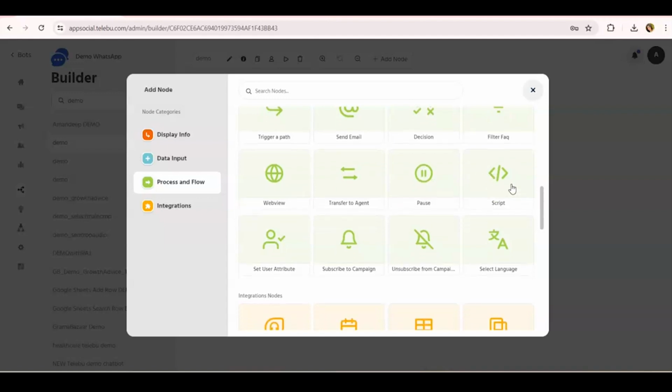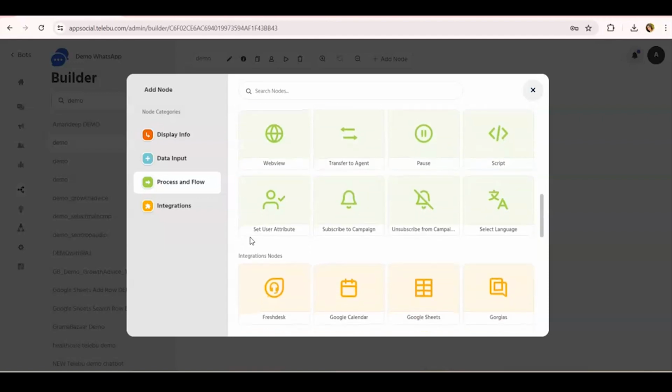You can have a script node. With the script node, you can make a code bot and a non-code bot as well. It can be an integration and non-integration bot itself. In the script node, you can use JavaScript to validate the input given by your clients. Now you can set an attribute. Attribute is nothing but a specific word you can set if you want to save data, for example, to a Google Sheet. You can set a specific callback or call word. So if you give that word, the data will automatically be saved.